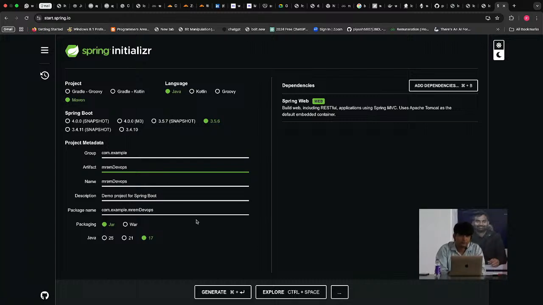I name the artifact, and the name comes automatically. Again, I'll do it. See, three things: artifact, name, and package name. Can you see? What all things are changing? Artifact, name and package name. Yes? Now